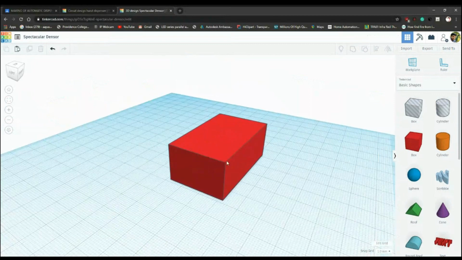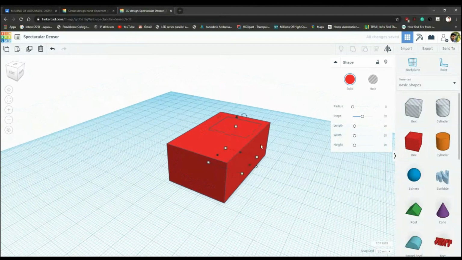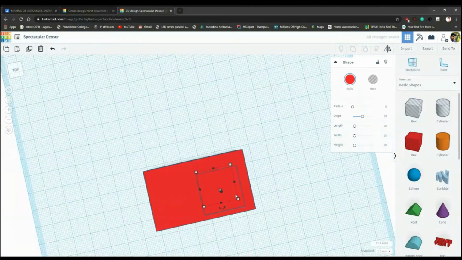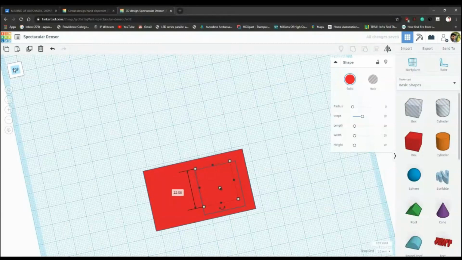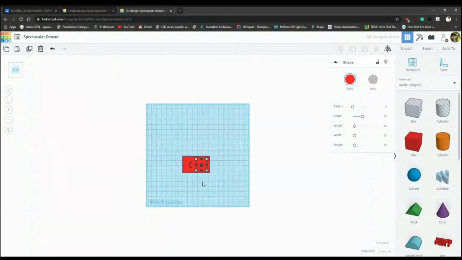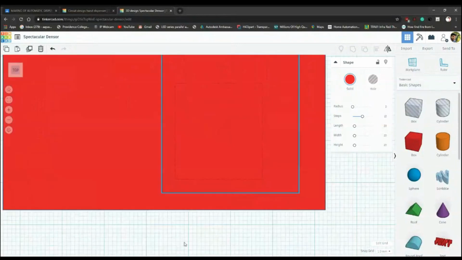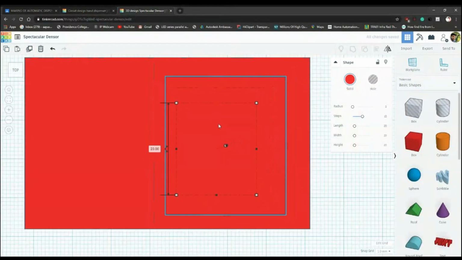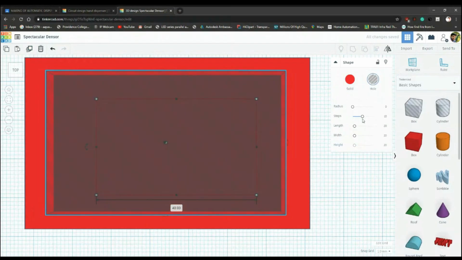Okay, so this was a basic box. Let me introduce another box to make a hole in it. Right now you can see I have made a hole in it.